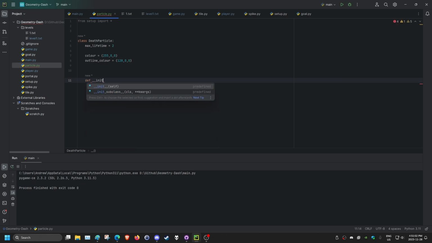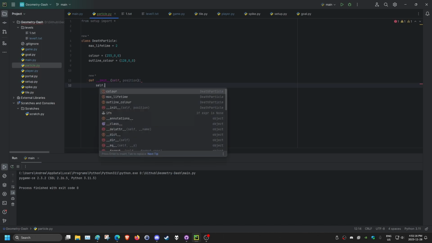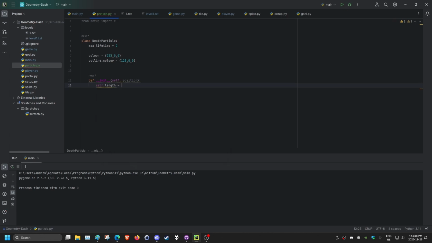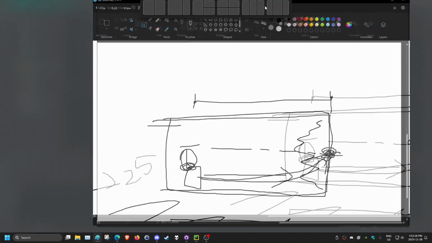So this init function, if you guys remember, it will run every time you create a new instance of this class, right? Self, and we need the position. So we need to know the position of where the player died, and then we can put a bunch of particles there. So what we're going to do basically is when the player dies, we're just going to,